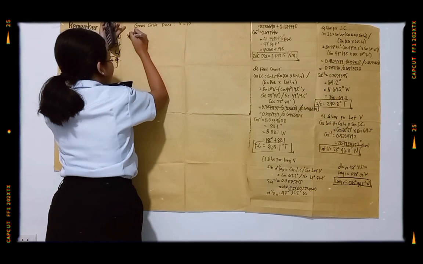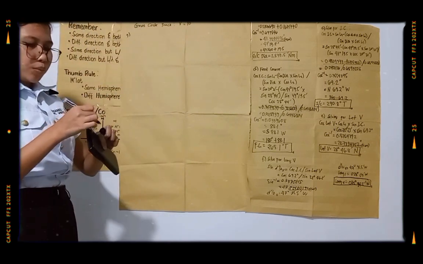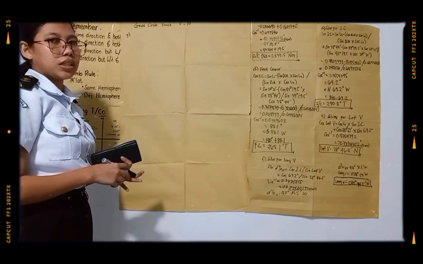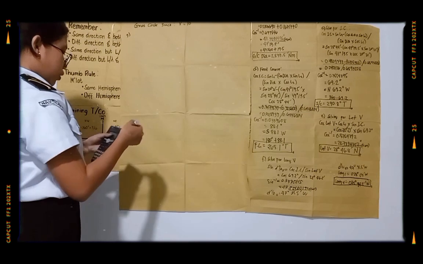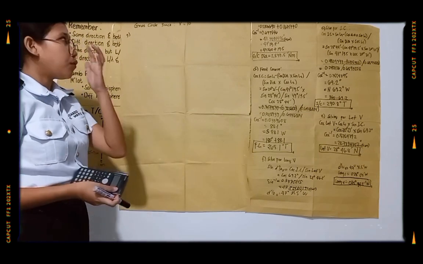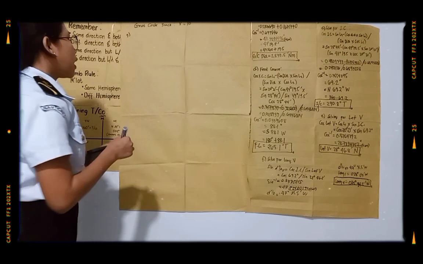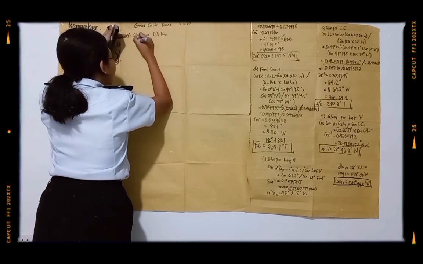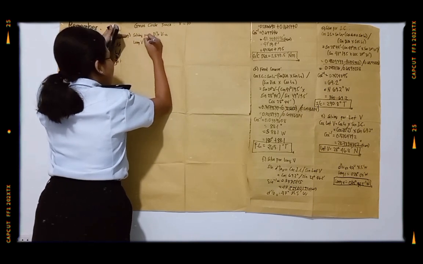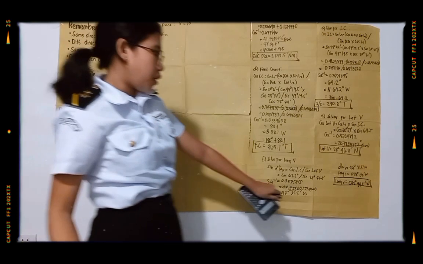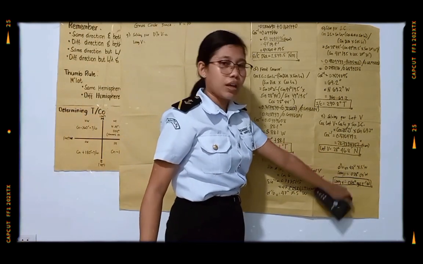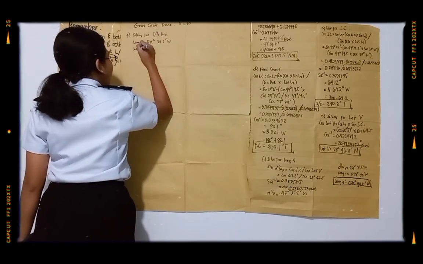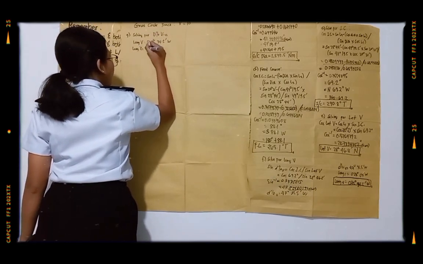So we need to find a value that will result to 10 degrees, 20 degrees, 30 degrees, and so forth. So first, we need to solve for d long vertex x1. Longitude v is equal to 75 degrees 34.5 minutes west. Then our longitude of x1 is equal to